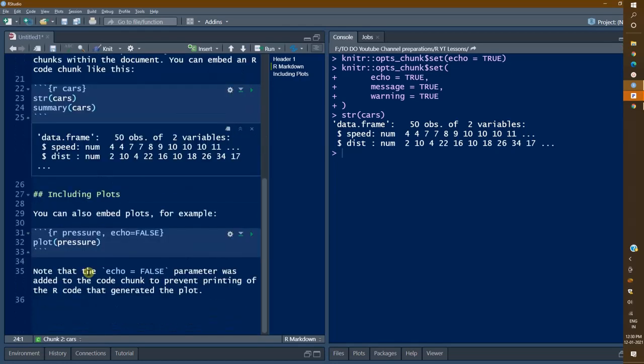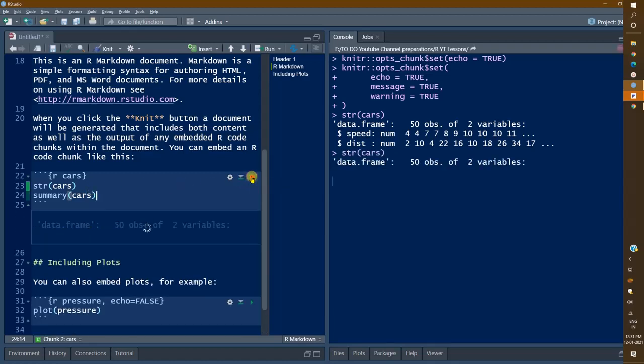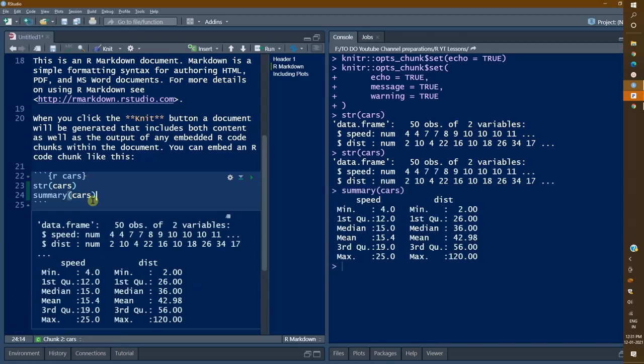So there are two variables basically. One is speed, another is distance. Both are numeric. This is a data frame. That is the structure. In the data, the whole thing has come up here. You can also remove this from here. Again, summary of cars you can also execute individually. But if you execute through this whole chunk option, then both will be executed, and both results will come up here.